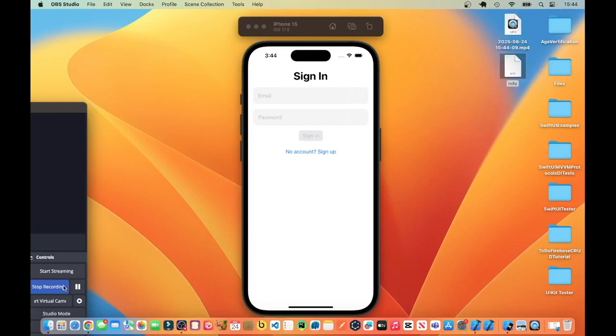Today, we'll be building a SwiftUI to-do list app with Firebase login and Firestore. This is the actual app we'll be creating. The user is able to log in using their credentials,